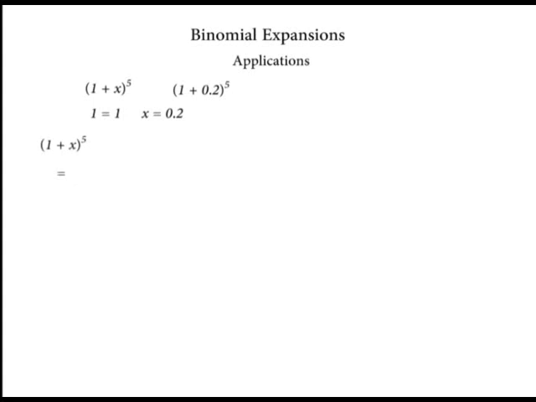And so for (1 + x)^5, n is 5 and therefore the coefficients are 1, 5, 10, 10, 5 and 1. Expanding: first term, the coefficient is 1 times 1 raised to power 5 times x raised to power 0, plus second term, the coefficient is 5 times 1 raised to power 4 times x raised to power 1, then plus 10 times 1 raised to power 3 times x raised to power 2, then plus